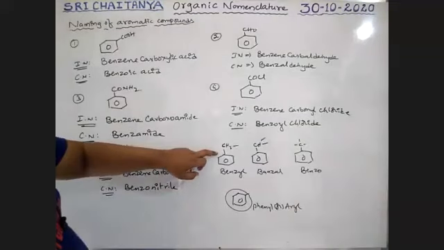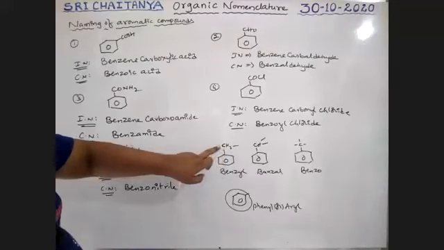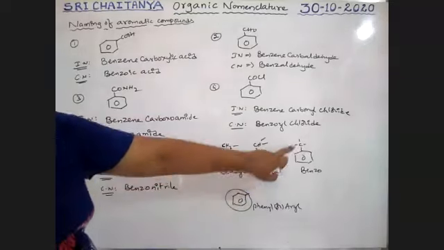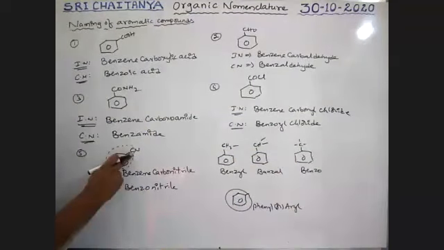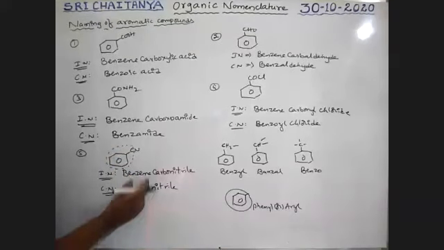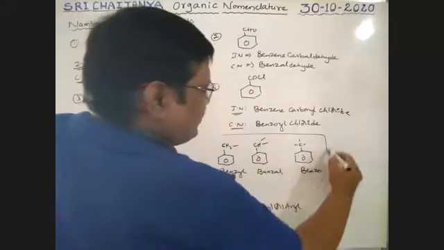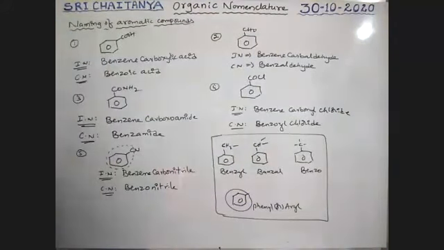But if the carbon is attached to benzene at the very next carbon, connected with CH2, 2 hydrogens, that is benzyl. With only one H, benzal. No hydrogen, that is benzo. See here, carbon only is there, therefore it is benzo. Nitrogen, benzonitrile. Please keep in mind, these are important. So this is benzene carbonitrile or benzonitrile.